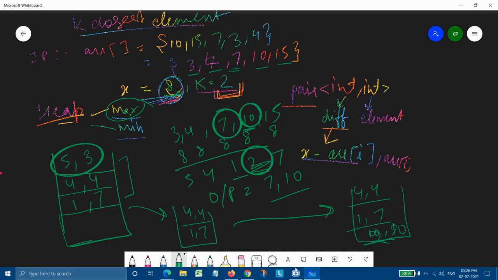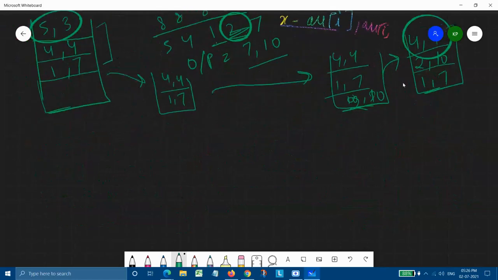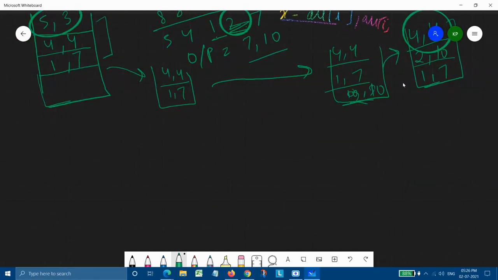But as it is a max heap, it will store the maximum difference at the top and then the others in decreasing order. Now again our max heap has exceeded the size limit, so it will pop out the top element. After this our max heap will become 2, comma 10 and 1, comma 7.